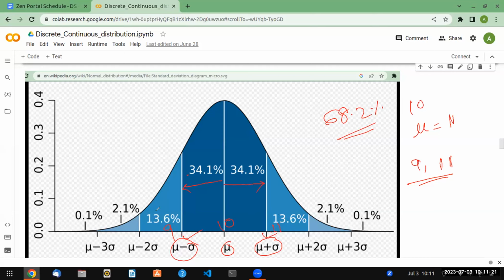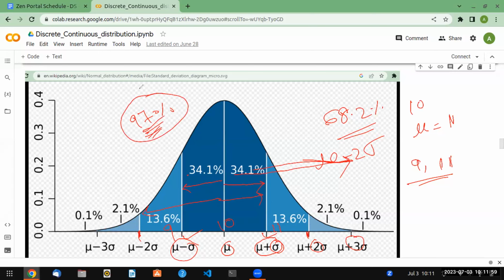Now, if you see here, 34, 34, 13, so around 95, okay, 97% of my customers are between this range. That is your second standard deviation, mu minus 2 sigma. Here we are doing mu, 1 sigma, here 2 sigma, 3 sigma. That means first standard deviation, within second standard deviation, and this is my third standard deviation. So within the second standard deviation, I have 97% of all my customers.